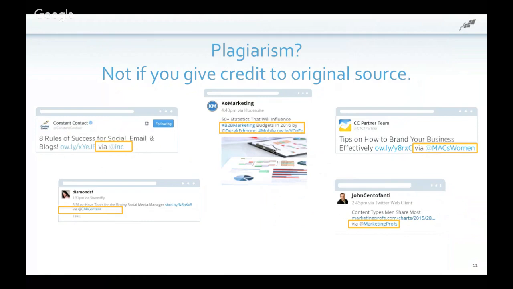So just give them a little nod. Make sure you link back to them. This is easy on Twitter, less so on other places, but a simple link back to the content or the article that you received your information from can make all the difference.